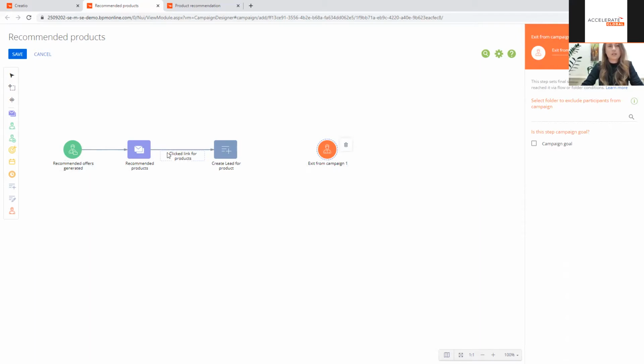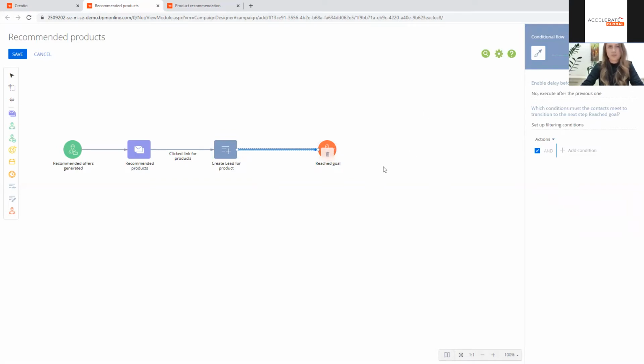Whichever customer clicked on the link, the lead got created, then they reached the goal. You can build much more complicated campaigns. You can say that only after they order the product, then we're considering them as reached goal. But for keeping things simple for demonstration purposes, I'm going to speed this up a little bit for our customers. So I'm going to call it reached goal. And this is going to be my campaign goal. And I'm going to transfer it regardless of